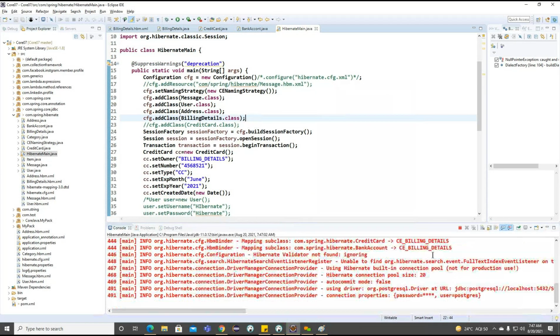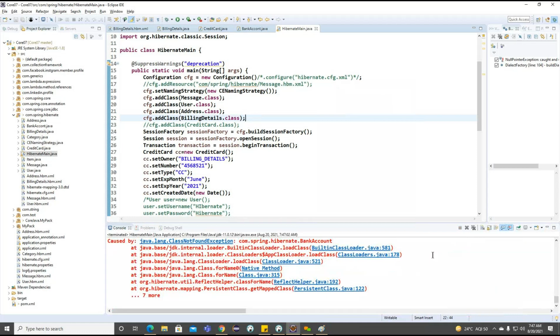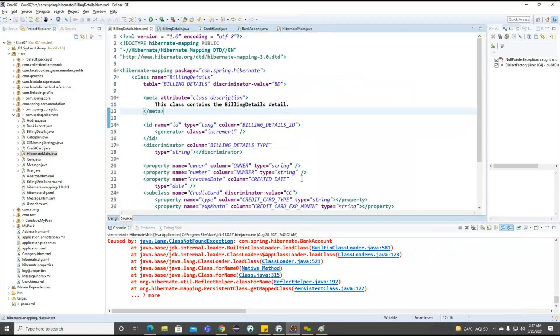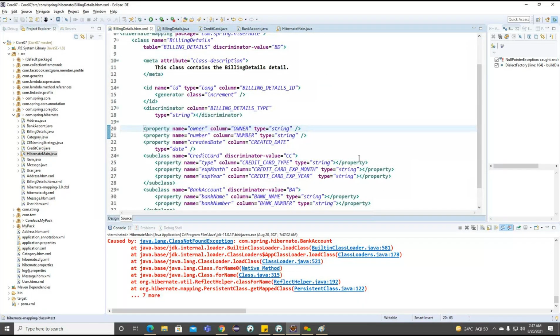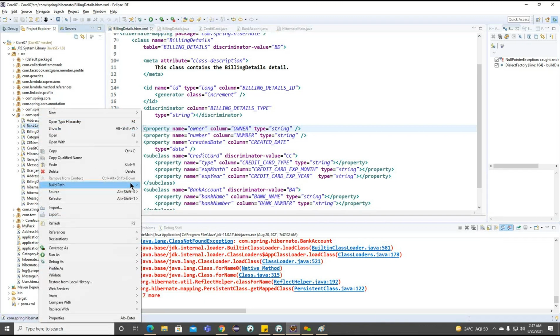Now observe, we'll try to run our application one more time. Bank account, class not found. So we'll see what we provided here, ACCOUNT. So account is wrong, we provided here.